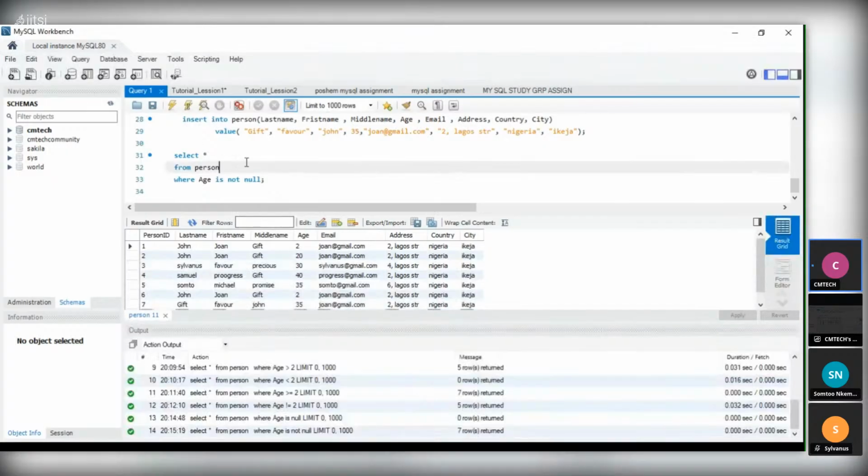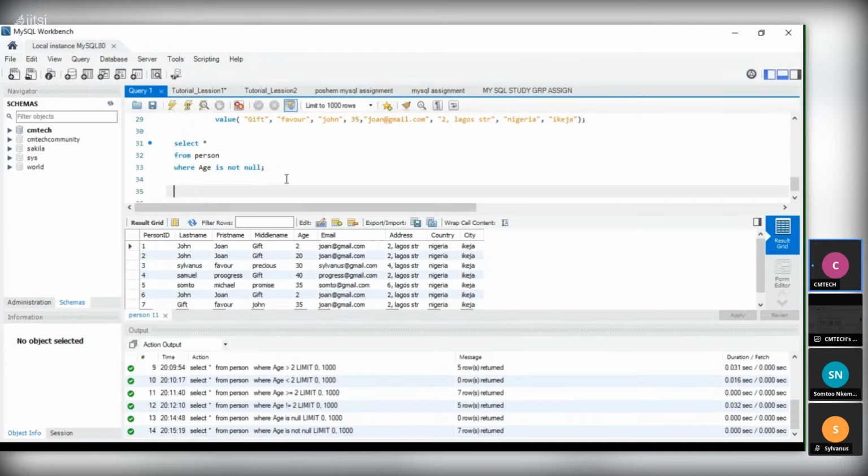So we want to update now. We want to update the person's table. Now we are going to say update, and we are going to update the person's table.